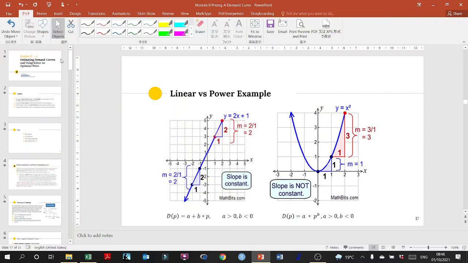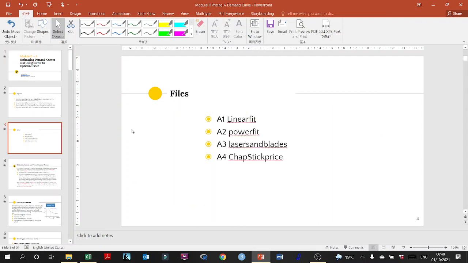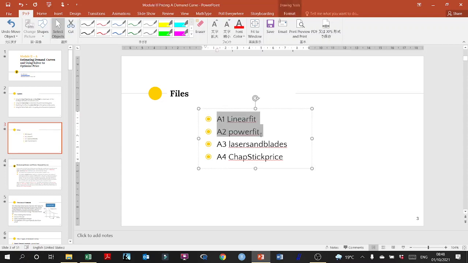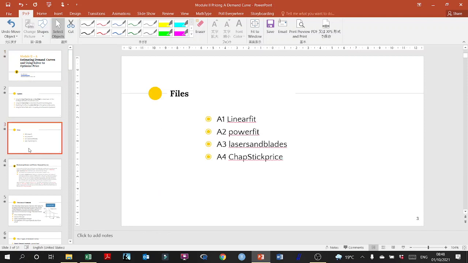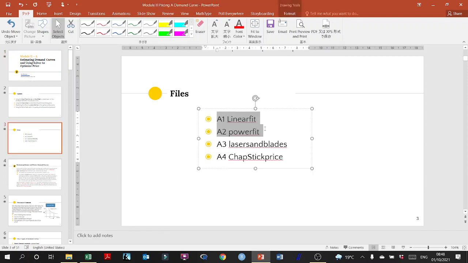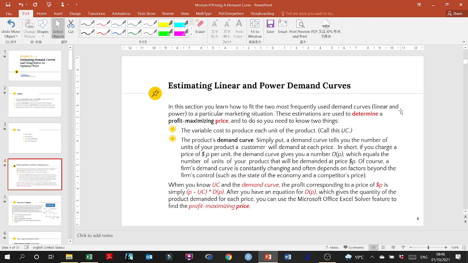So this is a quick run over what we've done last time, since some of the students haven't showed up in class. Last time we did the first two topics. We started with module 2A, estimating demand curves for pricing. We covered A1, the linear fit, and A2, the power fit, but we haven't finished A2. We were talking, in terms of the optimization problem, about wanting to